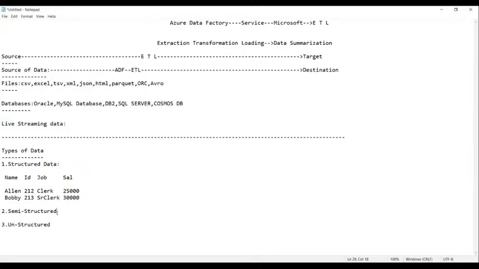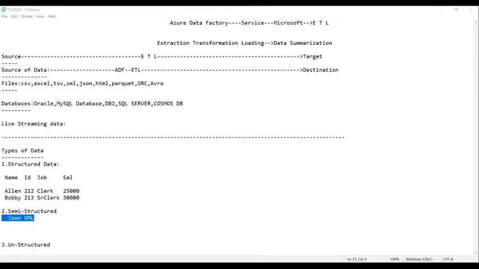Such data is called semi-structured data, such as data kept and recorded in the form of JSON files and XML files, etc. Everyone is following?